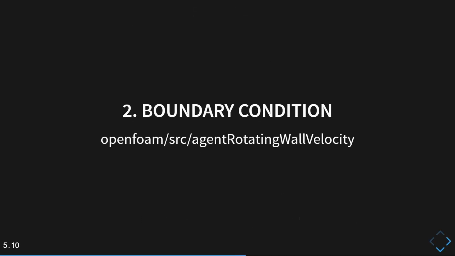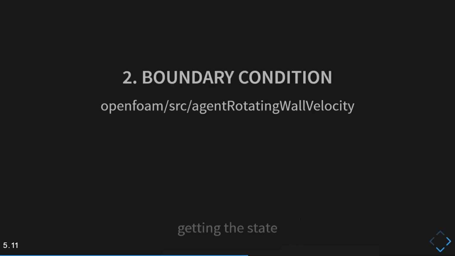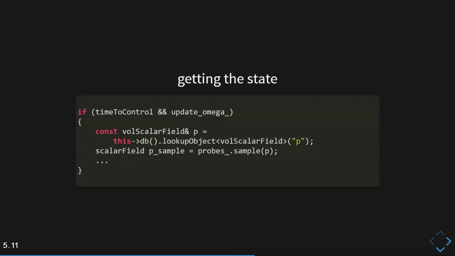The second thing that is a little bit more advanced, if you are not so familiar with coding in OpenFOAM, is implementing a new boundary condition. So the source code for this one you will find in the OpenFOAM source, and then the agent rotating wall velocity folder. And essentially, I would just show you what you would typically find in the updateCoeffs method of your